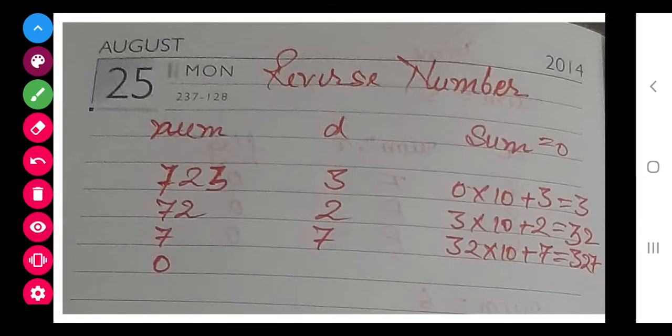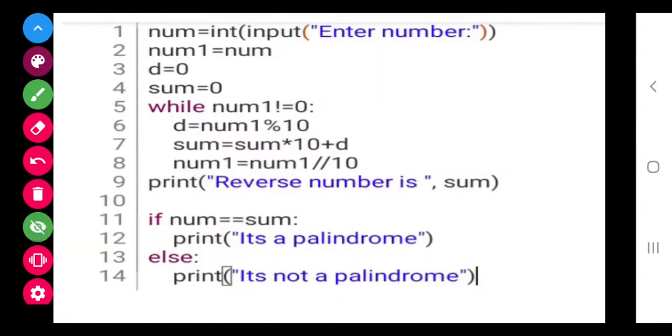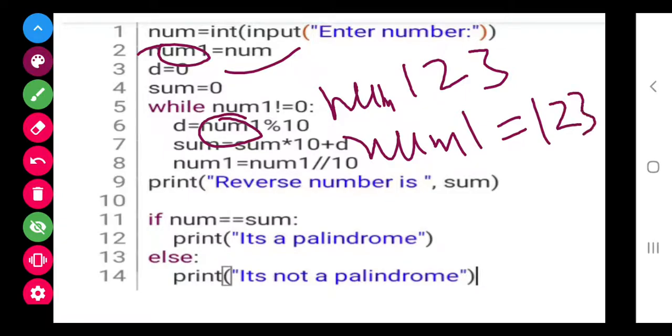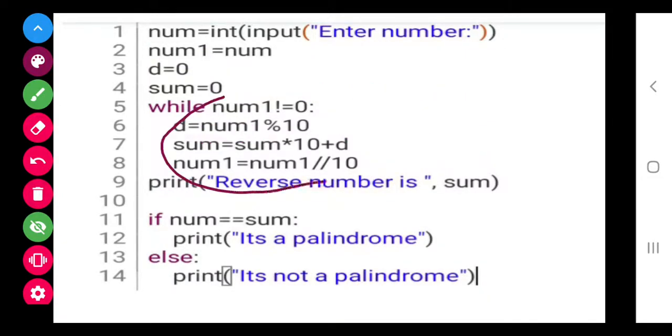We have taken num1. If the user enters, suppose, 123, it will store in num, and in the next line it will store in num1 also. Num1 is 123, and the whole process is done with the help of num1 only.